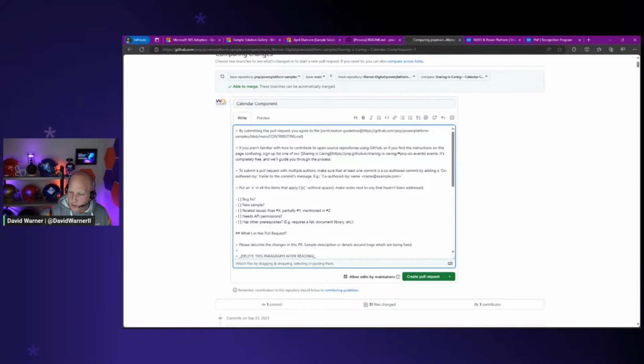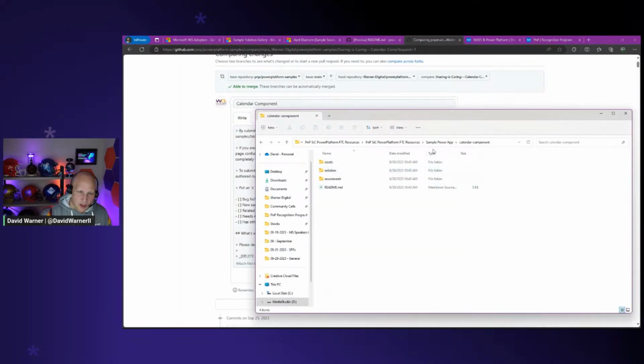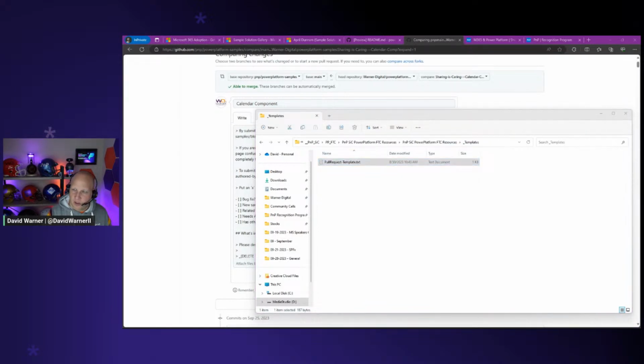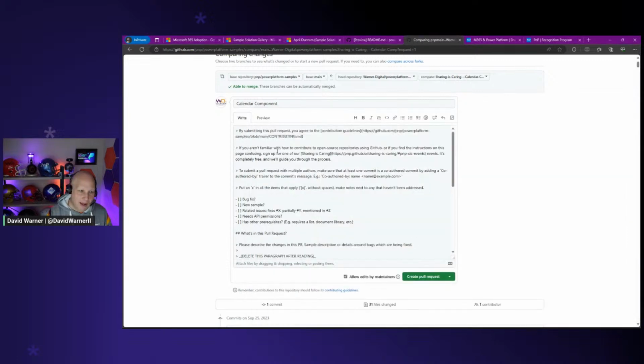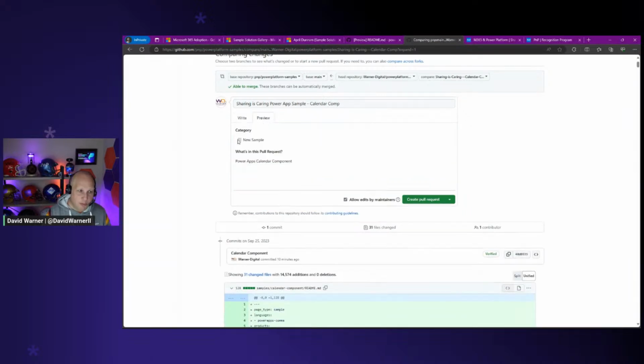For today, though, I've created a template that we're going to use. I'm just going to go back here and I'm going to open that up. It's simply a template that we're using for this Sharing is Caring session. So I'm going to copy that, move it off screen, come back, and I'm going to change the sample title to Calendar Component. And then as far as the body goes, I'm just going to erase all that and put in a simple body. When I preview, I'm saying it's a new sample, it's a Power Apps calendar component, and that is sufficient